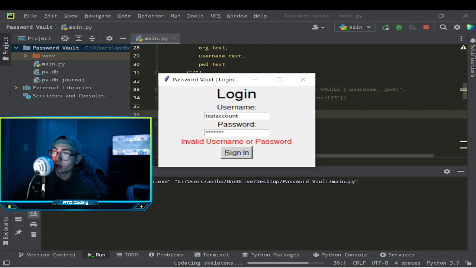Let me run it again, see if it was an error with me typing it in wrong the first time and then trying to change it. Test. How do we write that? Test account. And password is equal to test 1 2 3. Okay. Something's not right. If we go inside of this,